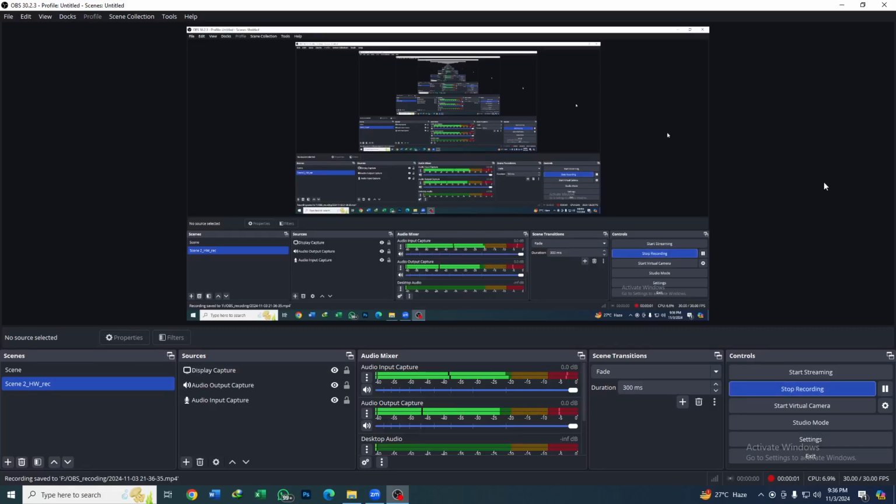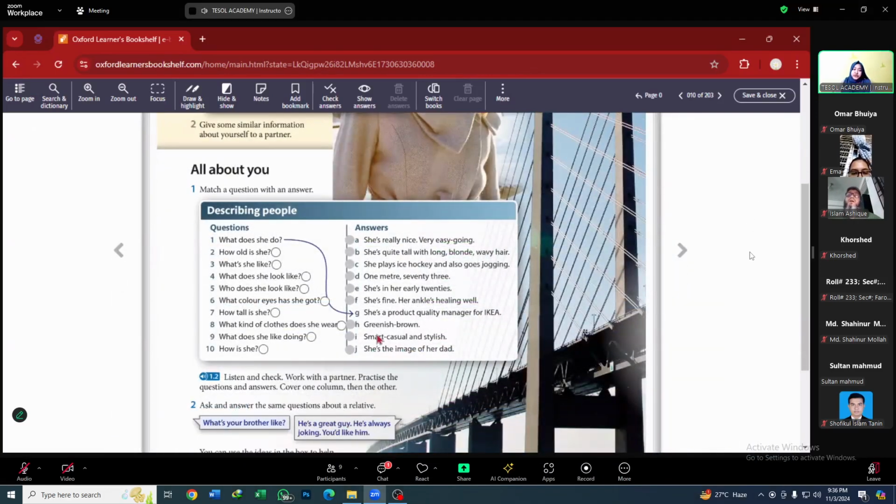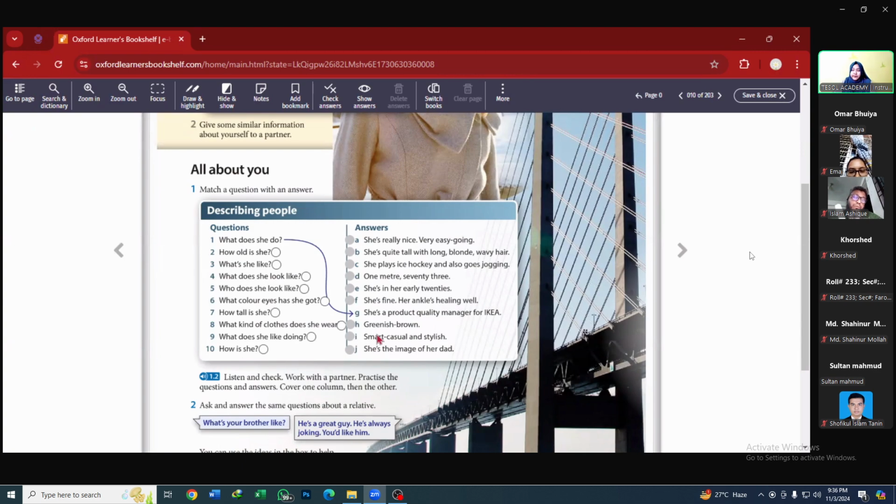This is what we learned firstly. And then we moved on to getting to know people more, how we can describe people by asking questions and answering those questions properly, not just randomly answering, but answering in such a way that the information that is necessary for that question, we can give through the answer. So that was this activity.